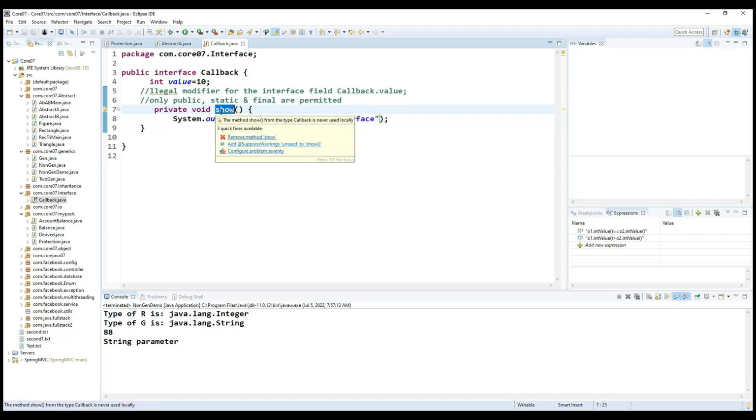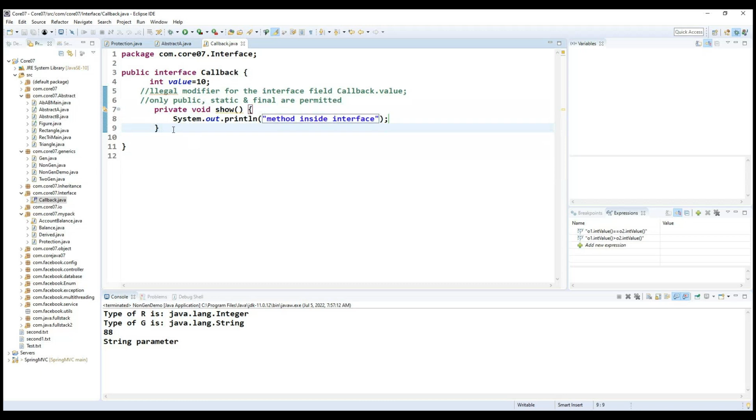For example, if I want to call this particular show method, how can we call it here? How can we call this? Any idea? So we'll keep this particular method as it is here, but I will explain how we can call this particular private method. So for example, what happens here if I'm going to write